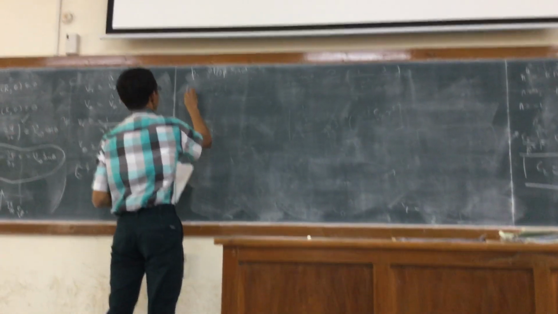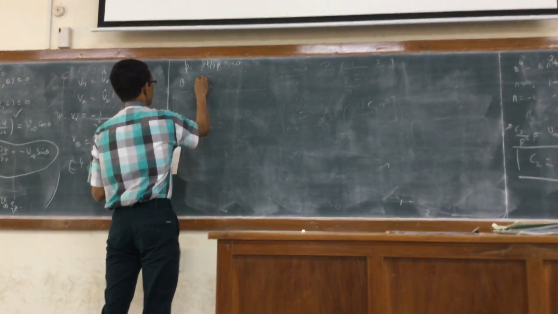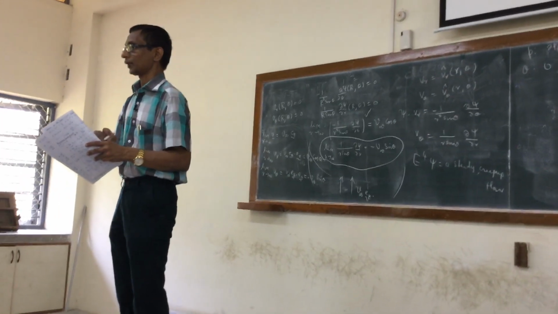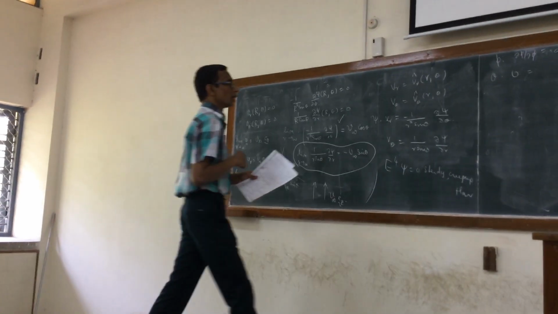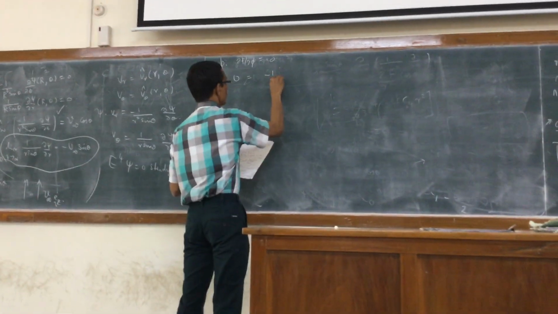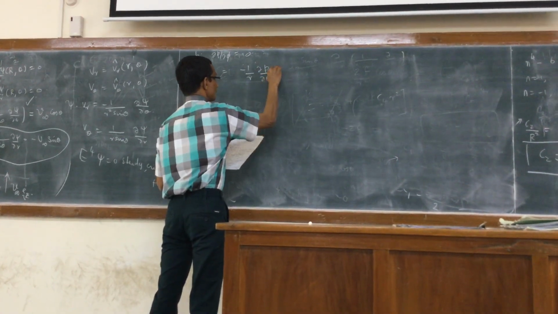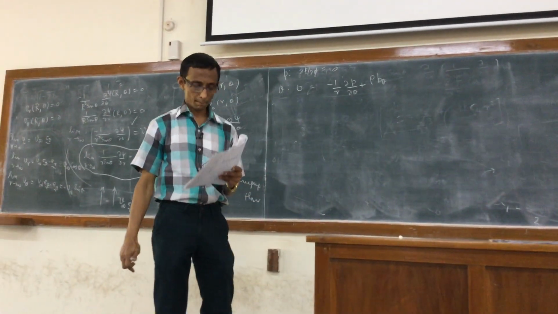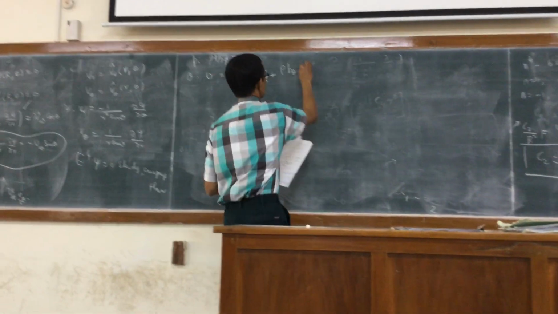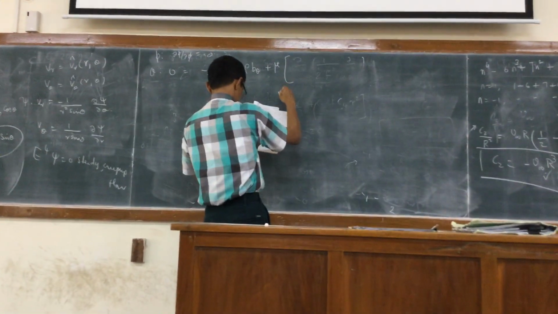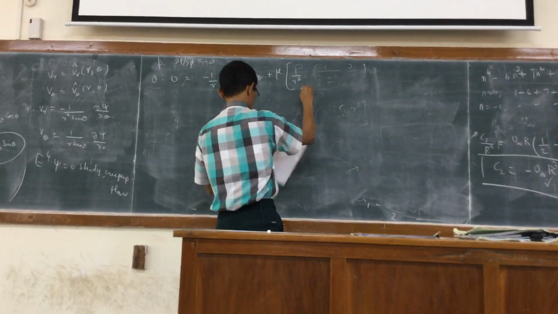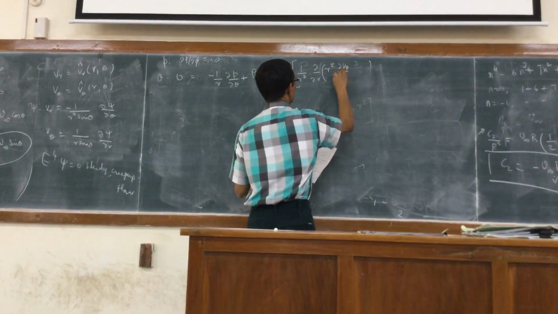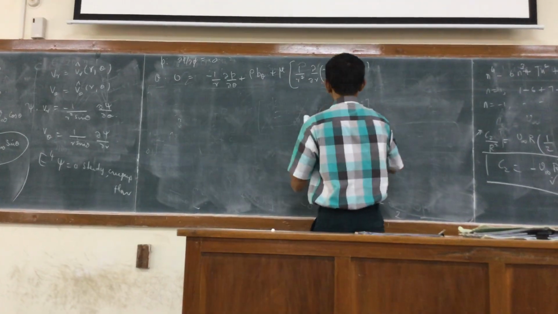So if I write the theta direction, we get 0, because the inertial terms are all 0, steady creeping flow. Inertial terms are 0, right? So 0 is equal to minus 1 over r dP by d theta, these are the only terms that would remain, plus rho g theta, plus the viscous term would be 1 over r squared d by dr of r squared d v theta by dr, plus